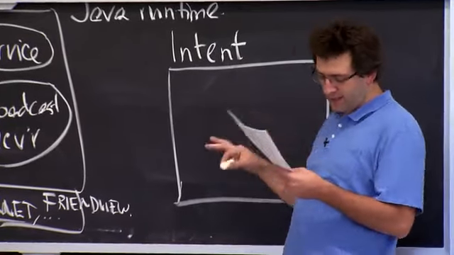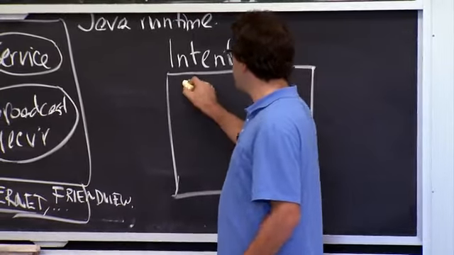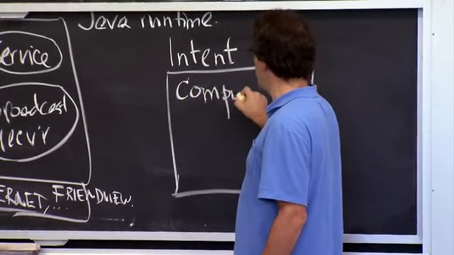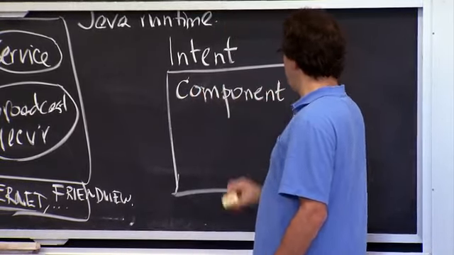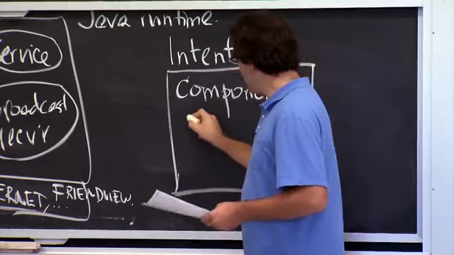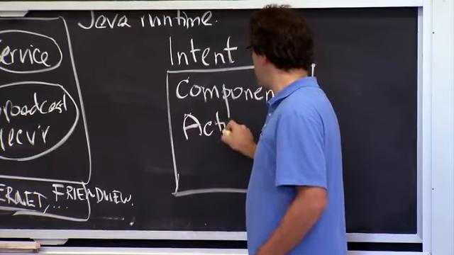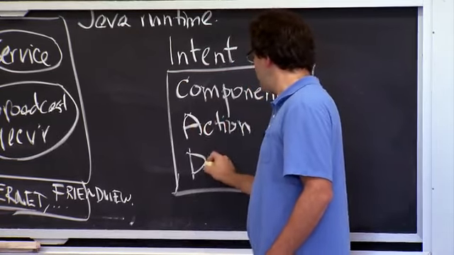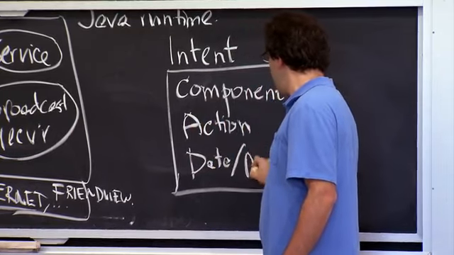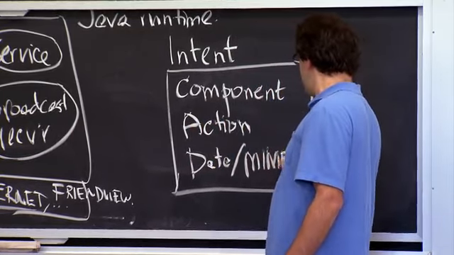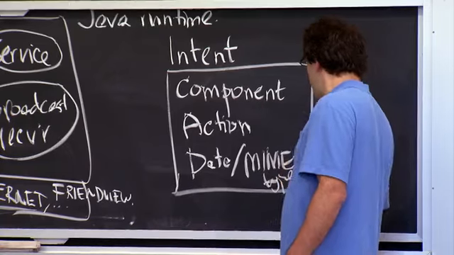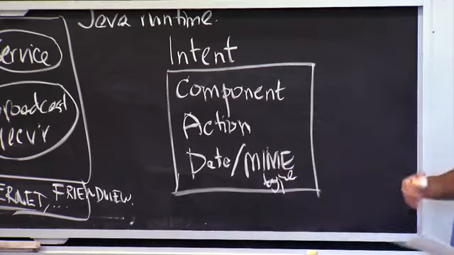There's like other fields, of course, but the main thing is the name of a component to which you want to send a message. There's the action that you want the component to take, and the data along with a MIME type that you want to send to this other component. So just as an example, this is a little